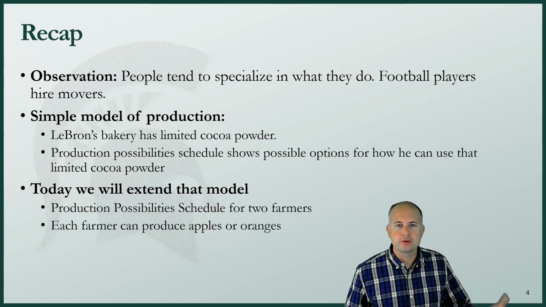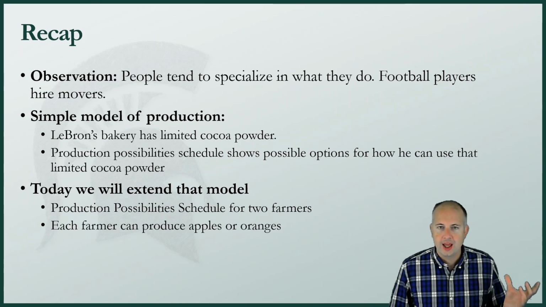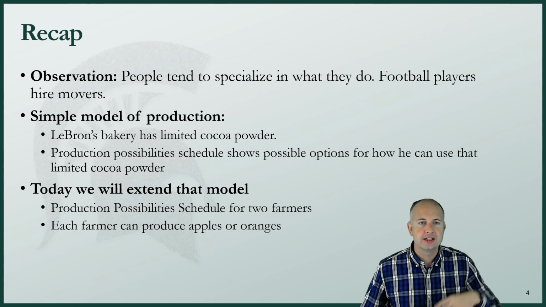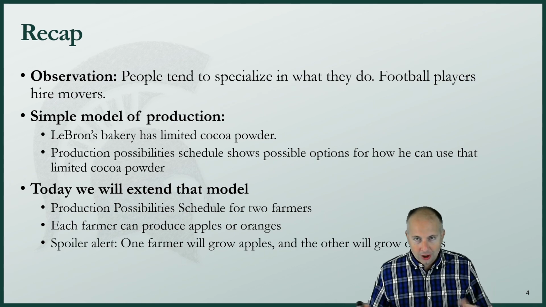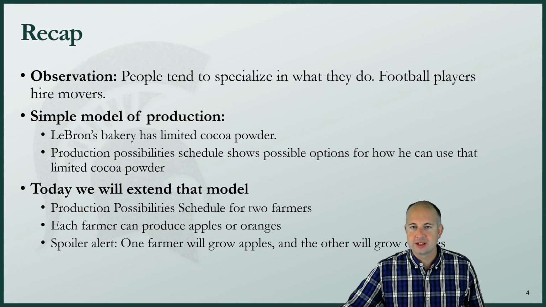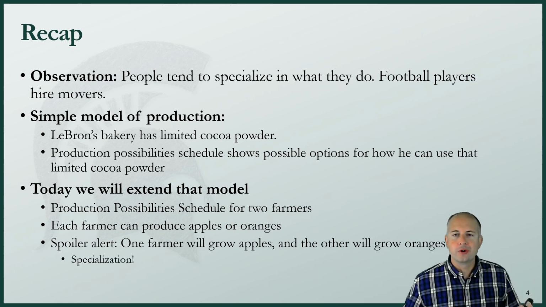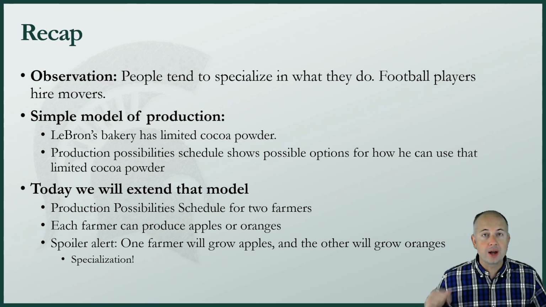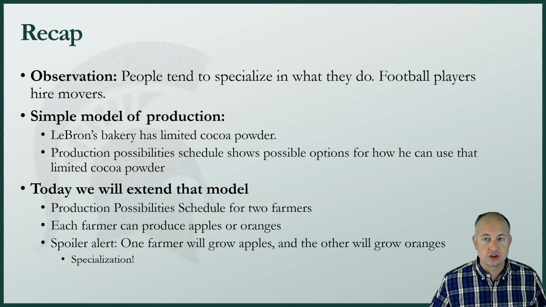Each farmer can produce apples or oranges. And so we will look and think about what we expect to happen when that's the case. And sort of spoiler alert, one farmer will grow apples and the other farmer will grow oranges. So we are going to see specialization. That's the point of this model, to explain why we will often see specialization, why we will